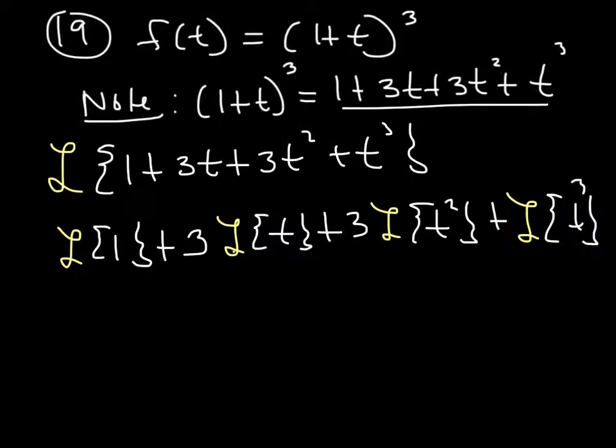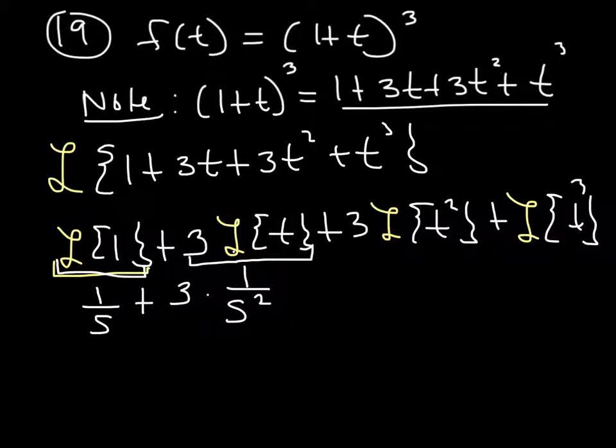Okay, so again, this function is not a specific f of t in our table, but we can break it up into pieces of functions that we are familiar with. So let's calculate the Laplace transform using the table. Well, the Laplace transform of 1 is 1 over s, from our table, or if you want to use the definition. I did actually calculate it in one of the videos, but using the table is fine. Plus 3 times the Laplace transform of t, well, that's just 1 over s squared, that's this one, plus